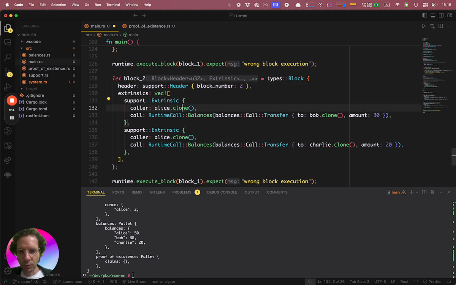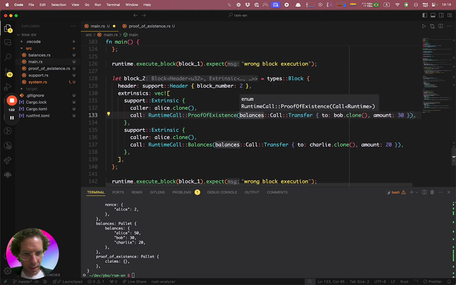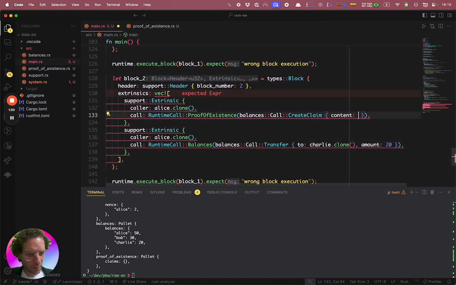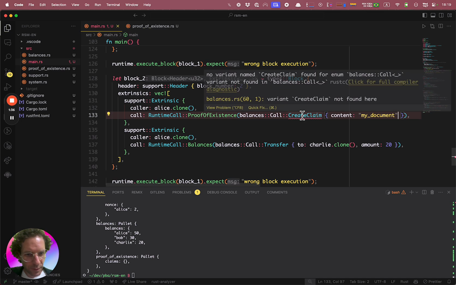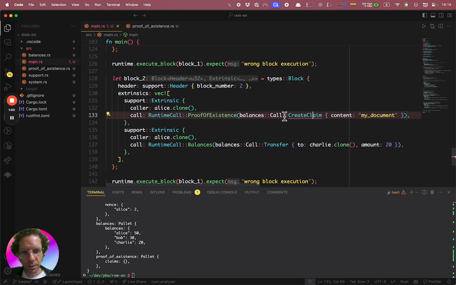And the extrinsic will be like Alice will create some claim. Like, for example, it will be a proof of existence, and it will be a create claim. And the content will be my document. Okay, pretty simple. Let's see, create claim not found.